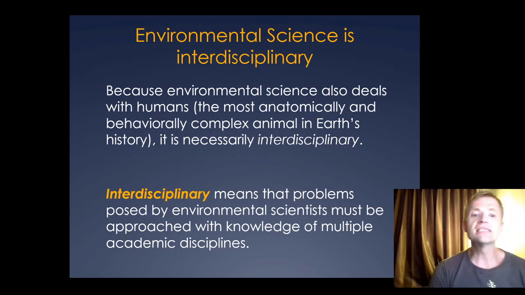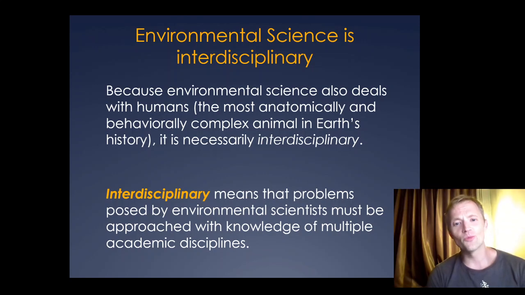Because environmental science also deals with humans, the most anatomically and behaviorally complex animal on this planet, it is necessarily interdisciplinary. And this is a key term for you to know and will probably pop up in a quiz sometime. But interdisciplinary means that problems posed by environmental scientists must be approached with knowledge of multiple academic disciplines. I'm reading it word for word on that, but just know interdisciplinary means it encompasses so many different subjects,